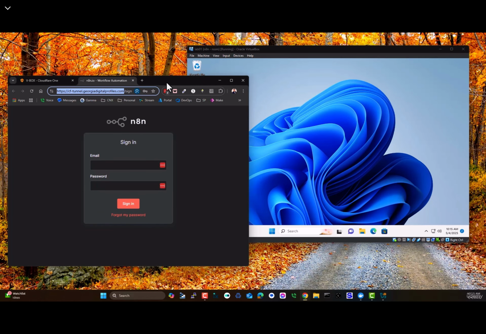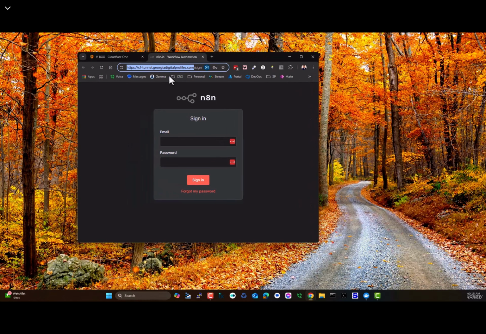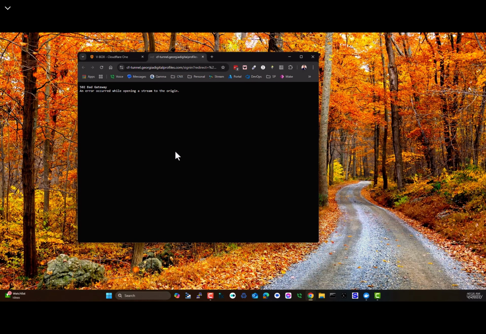So I'm going to tear all of this down as soon as I turn off the virtual machine. Just to prove this, I'll shut this all down, power off the machine. Okay. And now the machine is off, and I will refresh this, and you will see that now I have a bad gateway. So that is how you expose